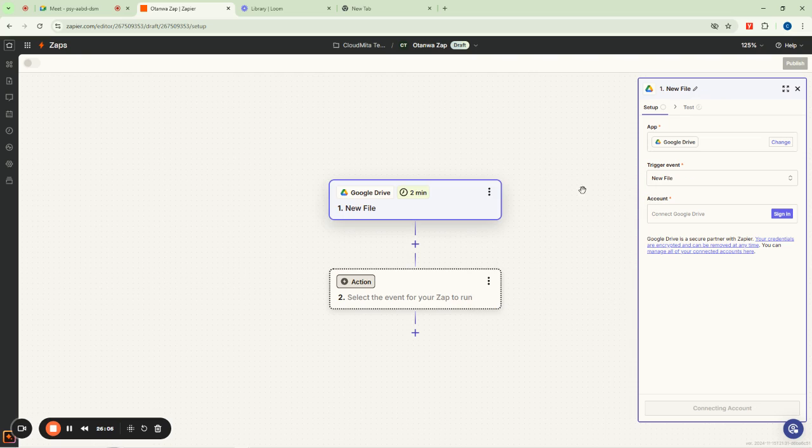Now you click on new file, which means that whenever a new file drops inside your Google Drive, Zapier should alert you, because you are